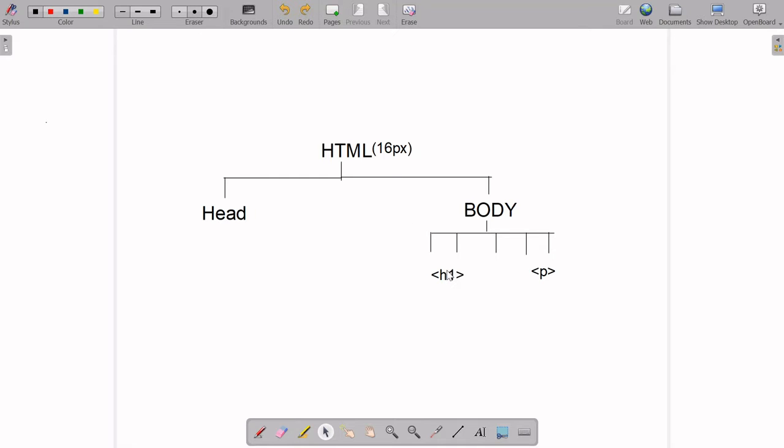So if I set em on this, it will first look at the body, and if body has no font size, then it will look at HTML. The default font size of the HTML document is 16 pixel. And if I set rem on this, it will always look at this one, not this one. So this is the difference between em and rem.